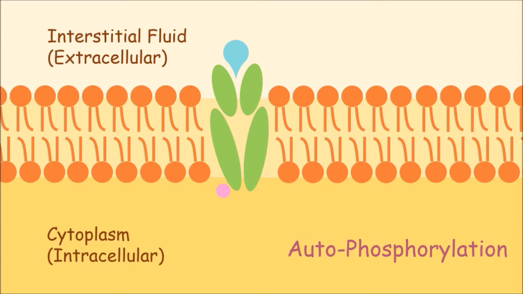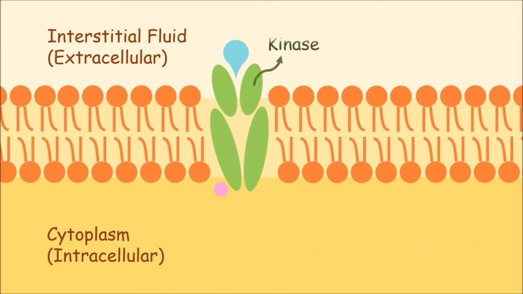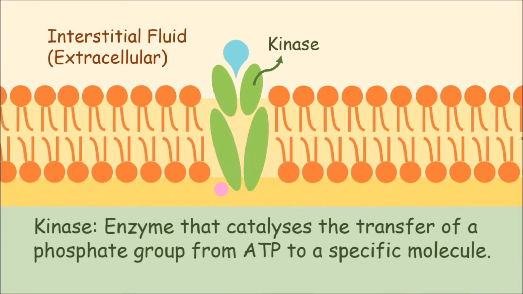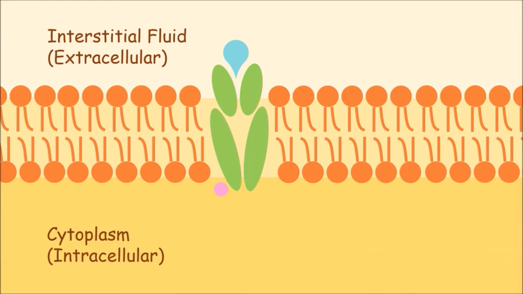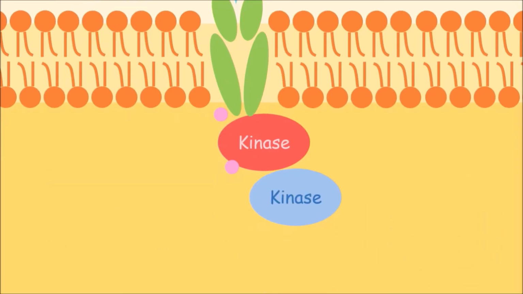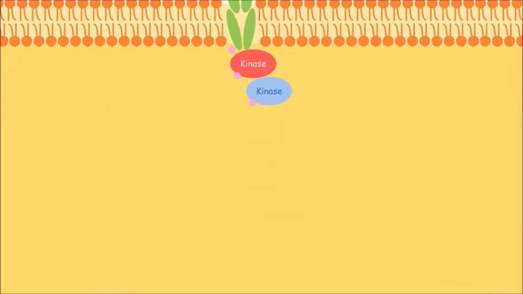The activated receptor protein acts as a kinase, which is an enzyme that catalyzes the transfer of a phosphate group from ATP to a specific molecule. Then, the insulin receptor will add a phosphate group from ATP to another closely associated kinase, and another. Maybe one more. And then the phosphorylation event will go on and on